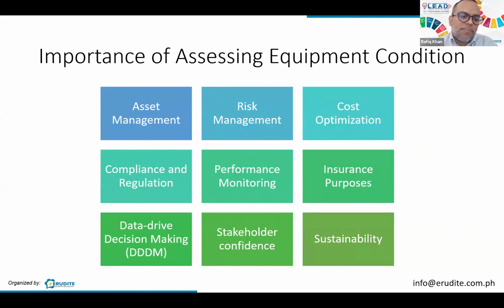Performance monitoring, degradation, for example, in a solar plant, what do we do? Let's say you have a solar panel which degrades about 1 to 2% every year, but somehow you have a degradation that is more than that. If it's only a few watts, it's no problem. But if you have a 100 megawatt plant and you have a 2% loss, it translates to quite a lot of money.